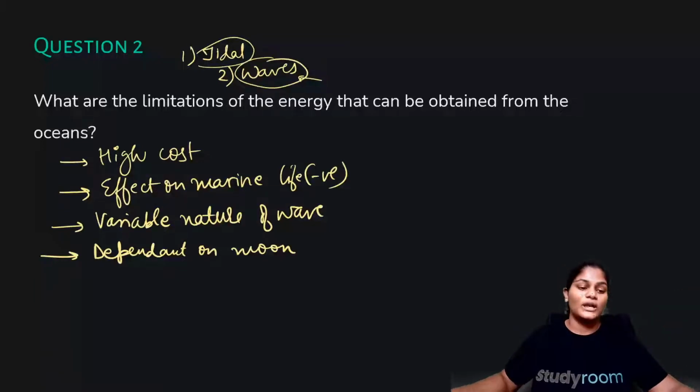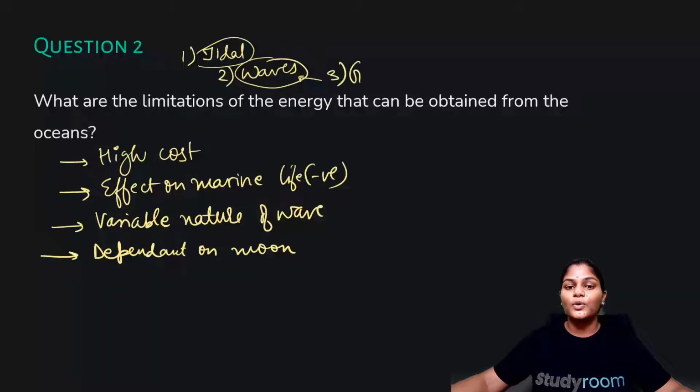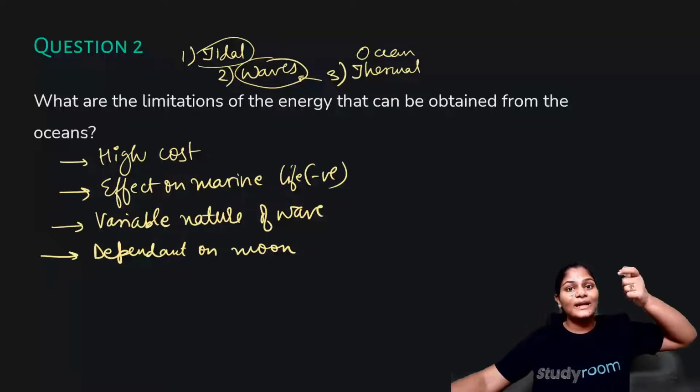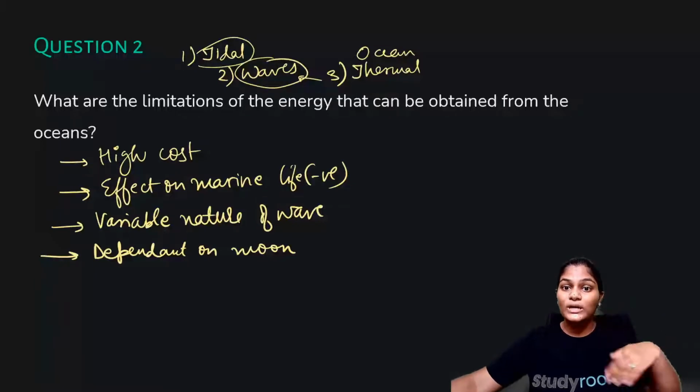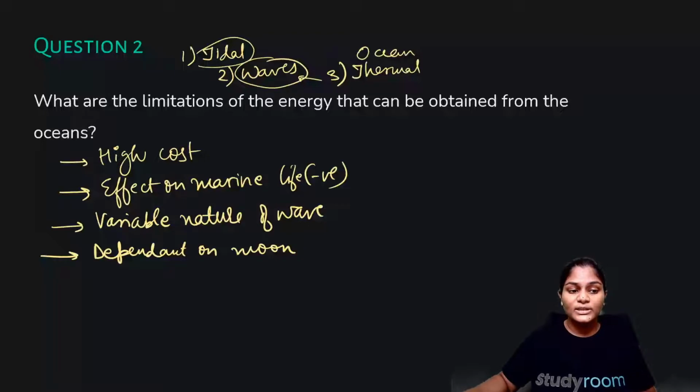Then one thing we forgot was thermal, the ocean thermal energy, right? When we learned, right, when there is a difference of 20 degrees Celsius between the surface and the lower layers, or the deeper layers of the ocean, right? So another disadvantage is that 20 degrees Celsius difference,